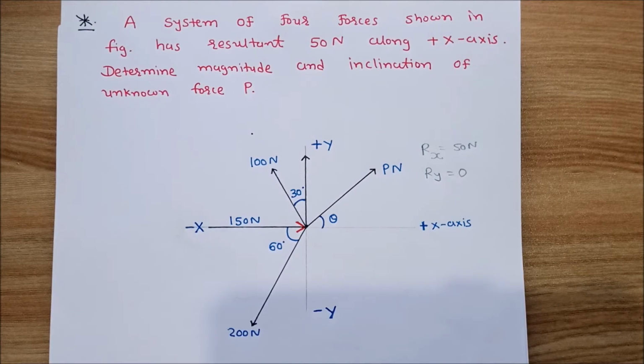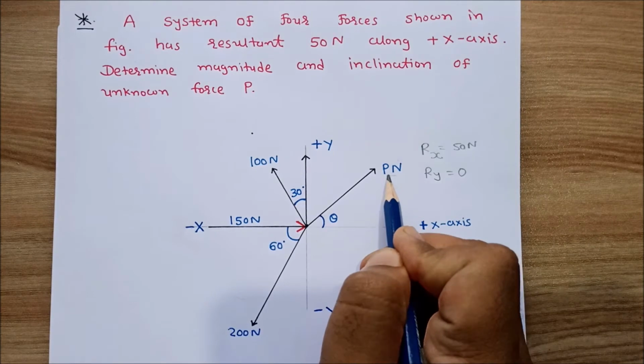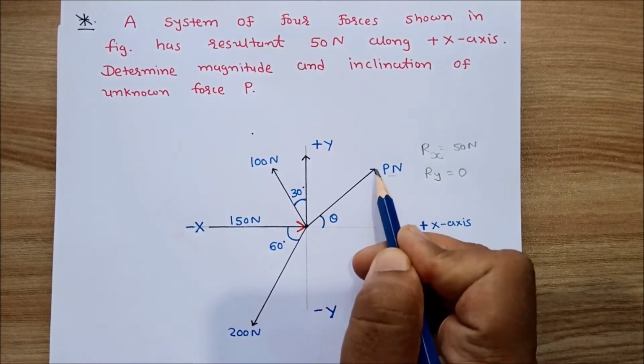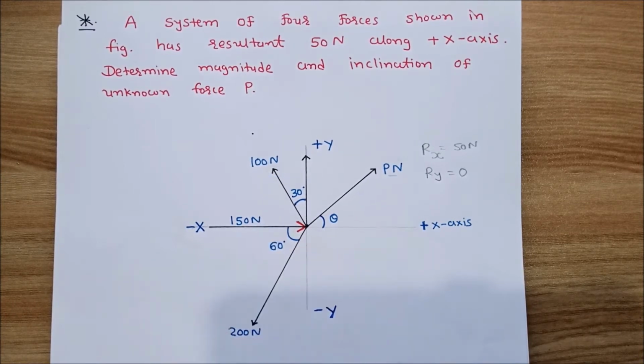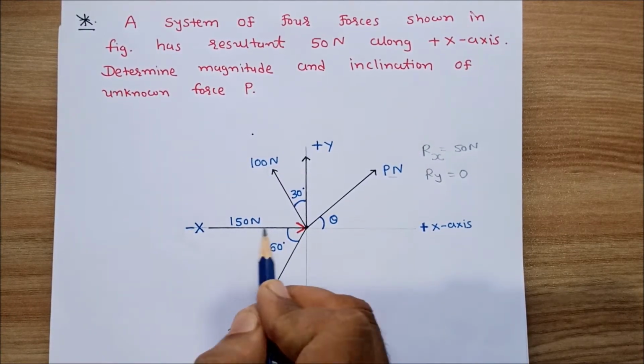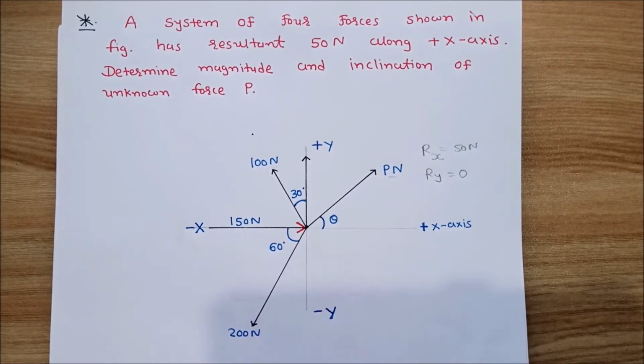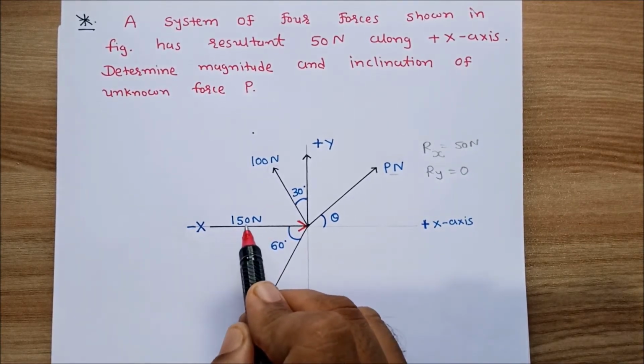Whenever there is a coplanar concurrent force numerical, first you see whether all the forces are in the outward direction. Here the P Newton force acts in the outward direction, meaning tensile force. The second one, 100 Newton, also acts in the outward direction. The 150 Newton acts in the inward direction, or you can say compressive force. If there is an inward direction or compressive force, then you extend this force and convert it into the tensile direction. So the 150 Newton force is extended along the same angle.